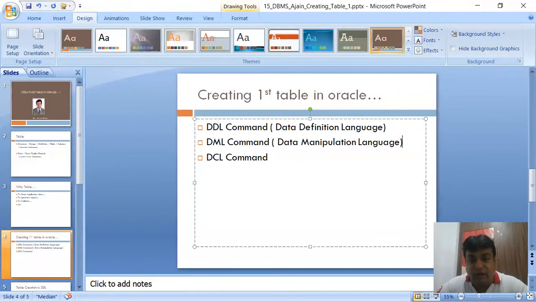Anything related to data, that is insertion of data, deletion of data, view of data, selection of data, modification of data is DML. And data control language is related to transactions like commit, rollback, that we will very soon see. Till now we have done a few DDL commands. I will cover them one by one as they come. You just have to note them down separately in your copy, which one is DDL and which is DML. Although it is very simple, over a period of time you will remember.